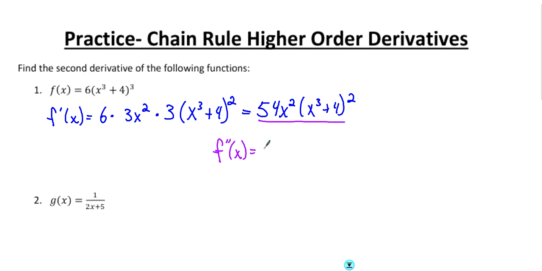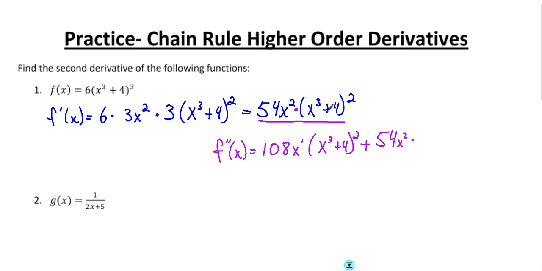Well, as soon as we did the chain rule for the first one, now we have actually product rule going on because I have 54x squared times x cubed plus 4 squared. So yes, I have chain rule inside here, but the main derivative idea we're using is product rule, and then we have a chain rule inside of it. So when I take 54x squared, the derivative of that is 108x to the first power. So it's the derivative of the first times the second